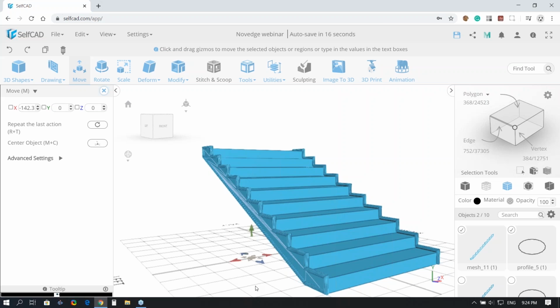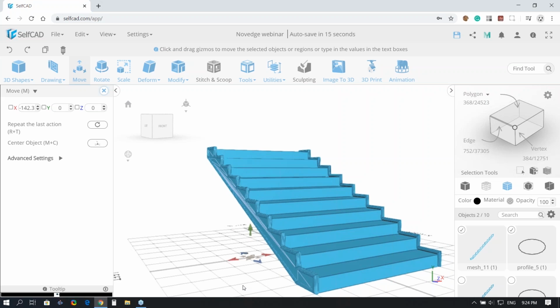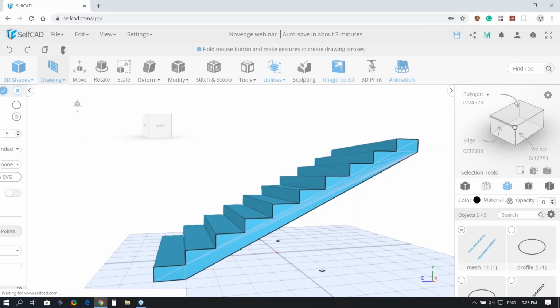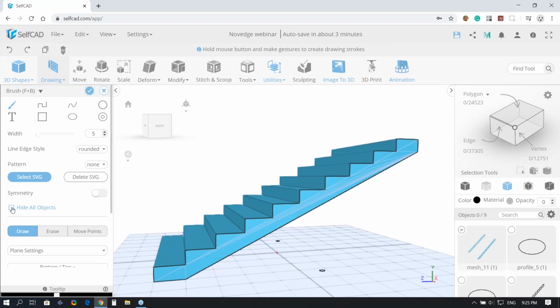So now you saw that I created the profile using copy offset and just copying the profile. I want to show now a different way to create the profile in cases where you cannot use loop selection. Loop selection is good when you have a good structure, quads, and if you have a complex structure, loop selection wouldn't work. So you can go to freehand drawing, and I'm going to hide the object, but before that, I have to actually